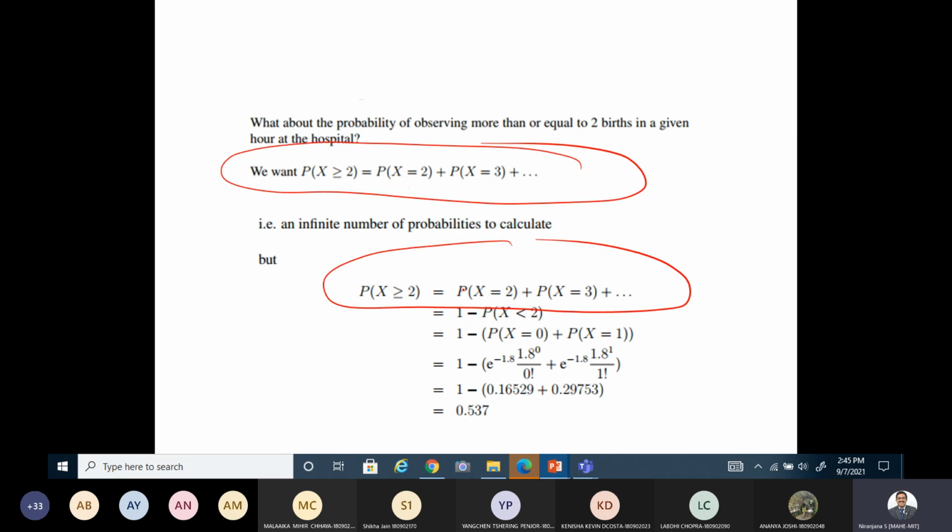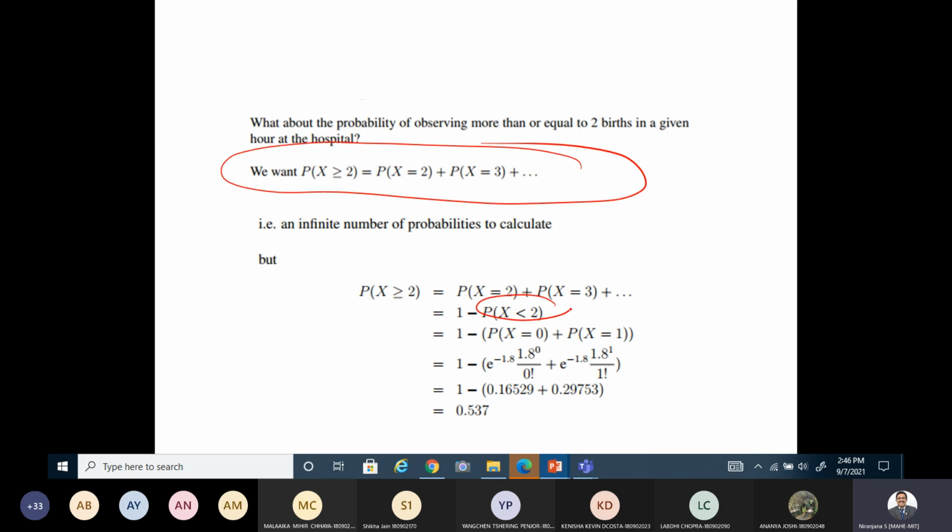P of x greater or equal to 2 is equal to this. However, you can even write 1 minus, in the probability domain, 1 minus P of x lesser than 2. If you take this, you can calculate with these two variables. You're getting my point, I just rewrote the relationship, which is not damaging the requirement here. So P of x greater than or equal to 2 is nothing but 1 minus P of x lesser than 2.